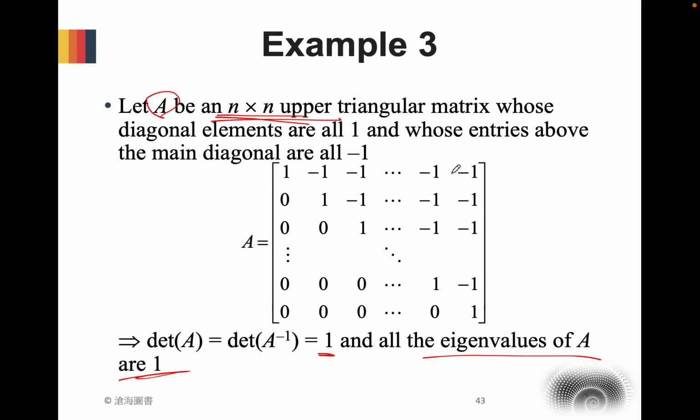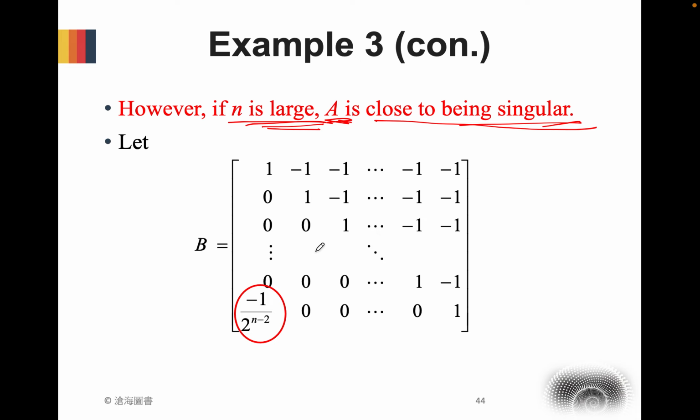For this 10 by 10 matrix, because the determinant of A is not equal to 0, so this is a non-singular matrix. It's invertible, right? However, we show that if n is very large, for example, if A is a 10,000 by 10,000 matrix,